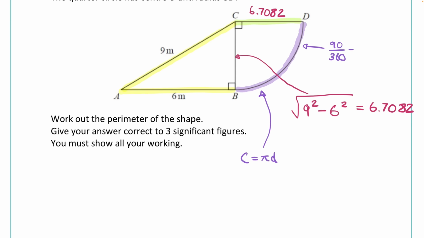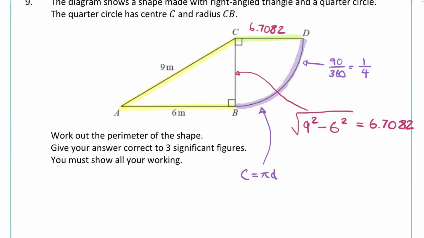That simplifies down to a nice 1/4, and we can go about working out the part of the circumference, the arc length. So for the diameter, we do want to double the radius. So the diameter, which I'll write to the side here, is going to be 2 lots of the 6.7. So I'm going to press times 2 on my calculator, and we get a diameter of